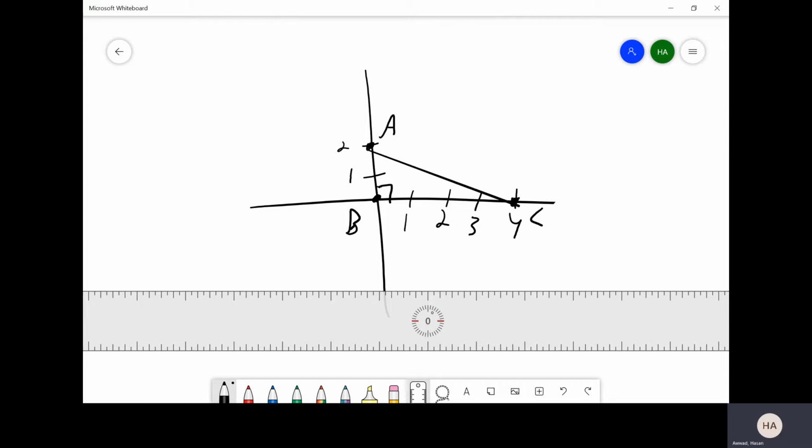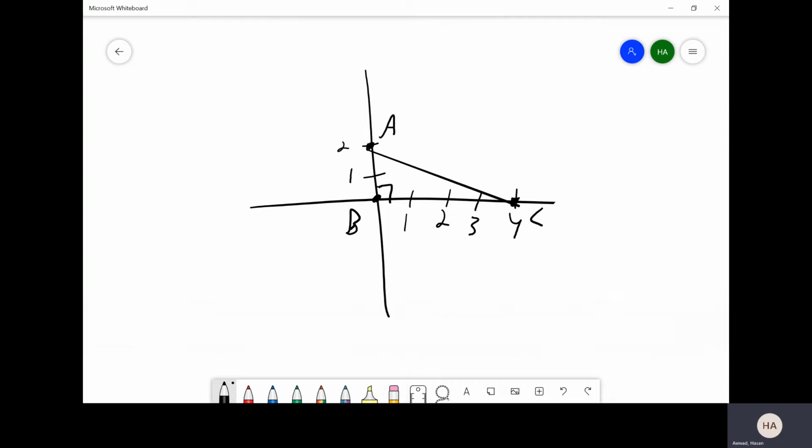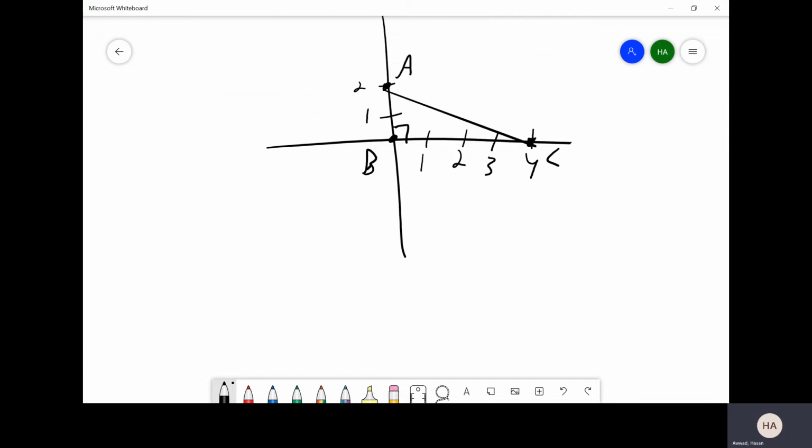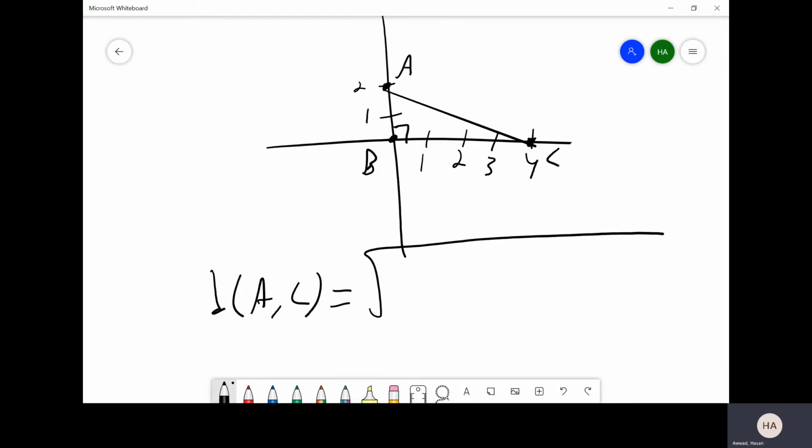Okay, so given this information that we have, what I want to do is I want to find the distance of AC. So the distance of AC is going to be this side right here, right? Going from A to C. And so what I want to do is I want to try to find the distance of that. So let's try to find the distance of it again using the distance formula one more time. So we have the distance from A to C. Well, this is going to be the square root of,